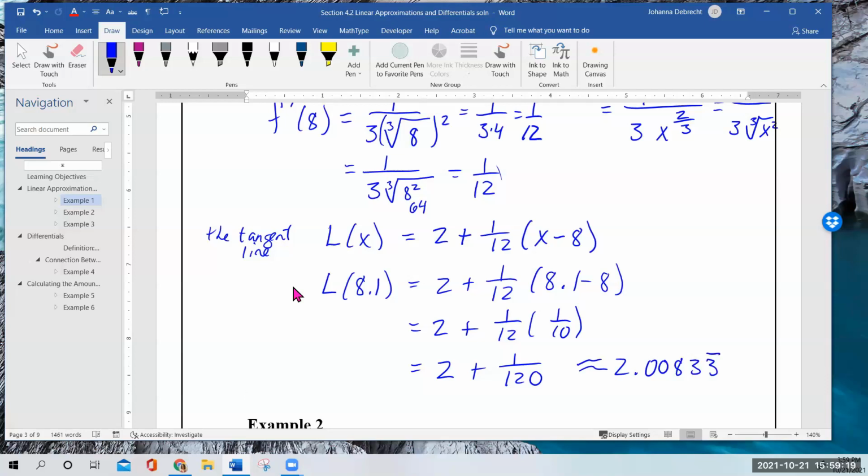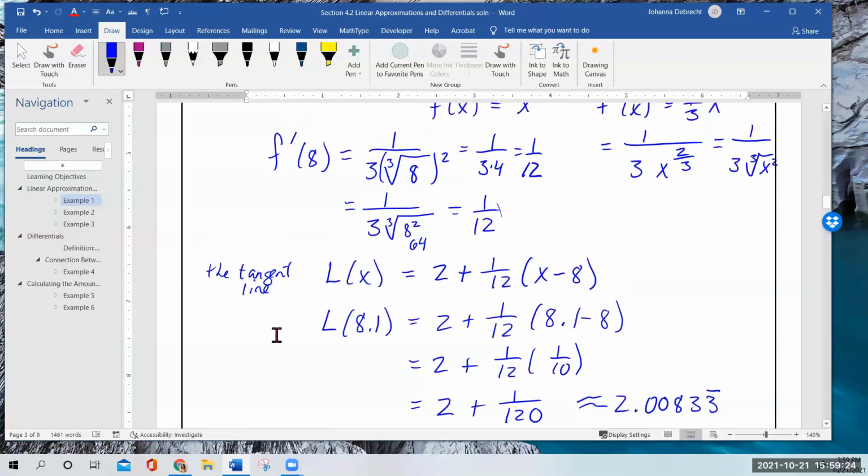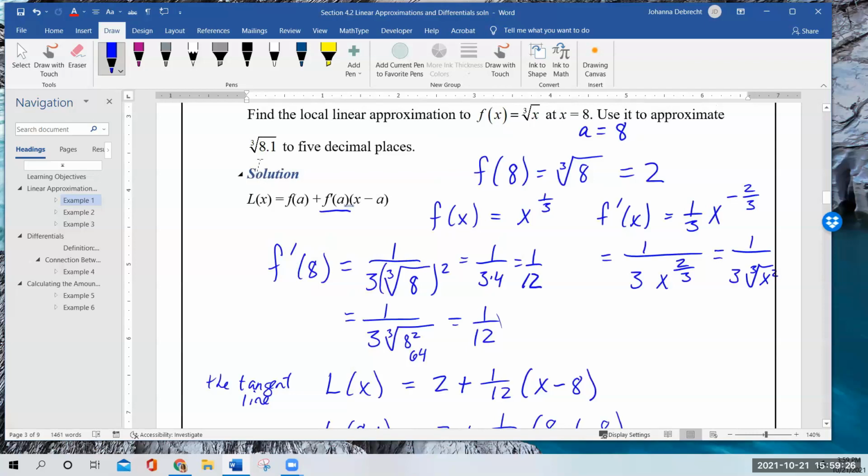Now that I have that, I'm wondering what the real value of this is. If I want to know, I can take 8.1 and take the cube root of it, or in other words, raise it to the 1/3 power. When I do the cube root of 8.1 in the calculator, I get